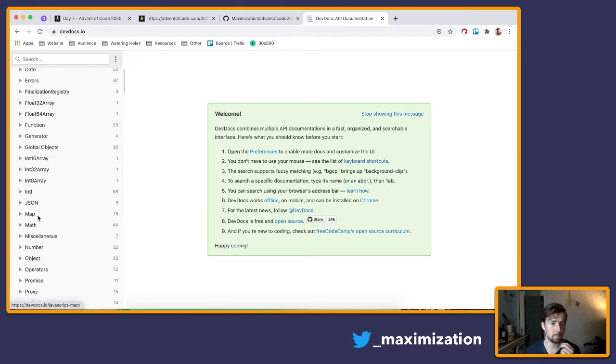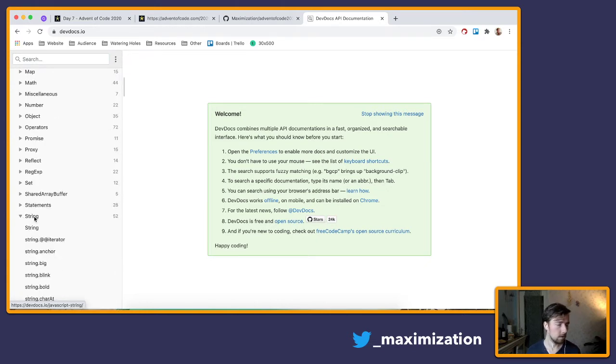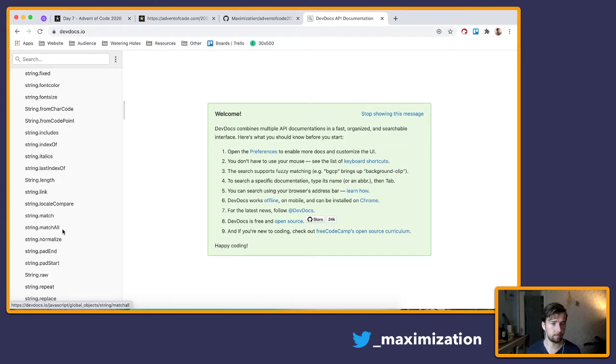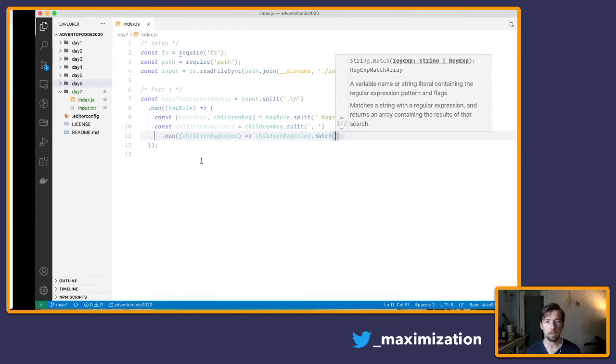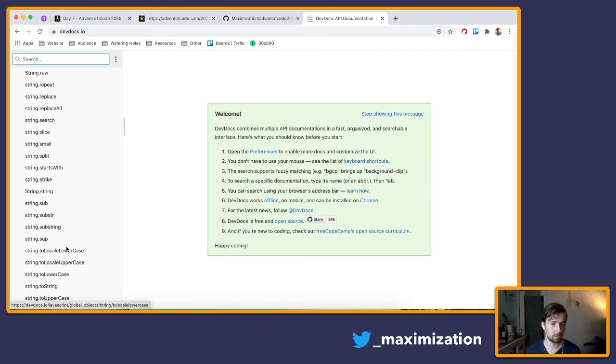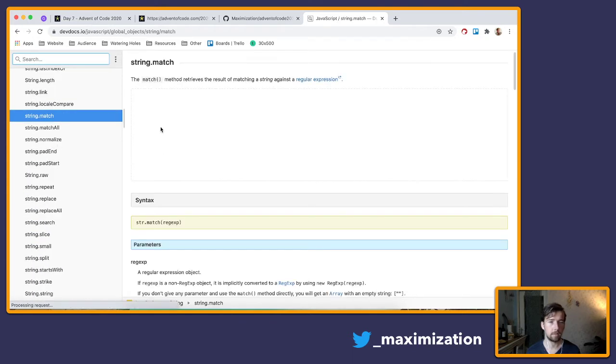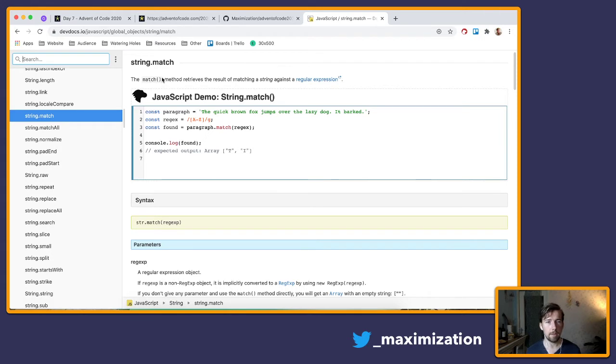JavaScript string method match. Where's match? Here. The match method retrieves the result of a matching string against a regular expression. So we'll have to regex global a-z. Yeah, we'll have to